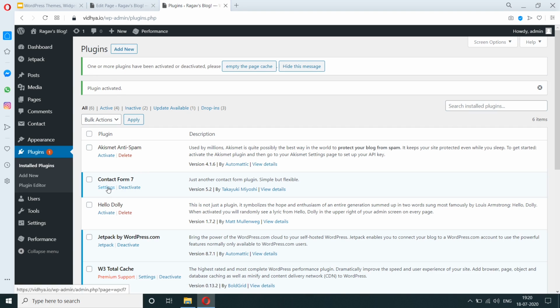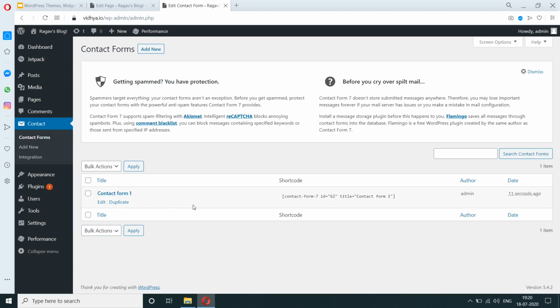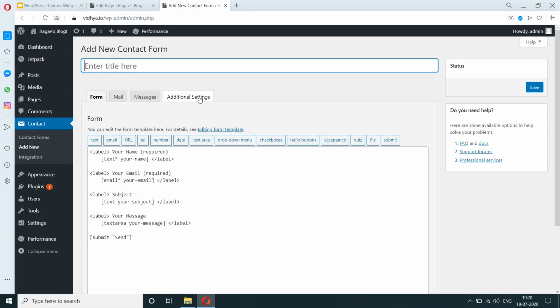So now we have the Contact Form 7 plugin available in our list of plugins. So what I'm going to do is, I'm going to go to Settings, and I'm going to add a new form. So here it gives you some options. Basically, it lets you add some code that will generate the form. And what we can do is, we're going to enter the title first. And let's see what fields are available here. So we have our name field, email field, subject, your message, and then the submit button.